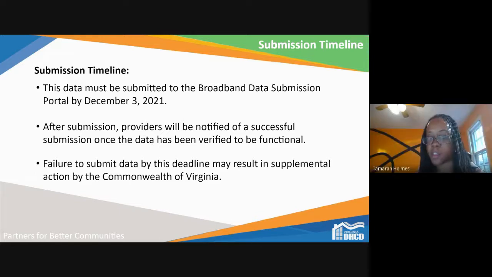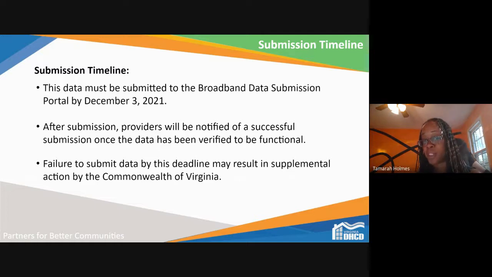Thank you, Brandon. And Nathan, to your second question regarding the third bullet, I too had asked this question because I've never managed a program that required supplemental action by the Commonwealth of Virginia. So my understanding, based on talking to our Assistant Attorney General, is that because submitting the data is actually required under code now, there would be some communication between the Attorney General's office and the providers regarding the need to submit the data.